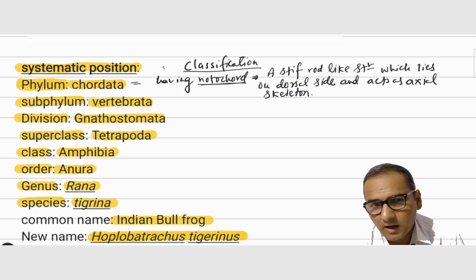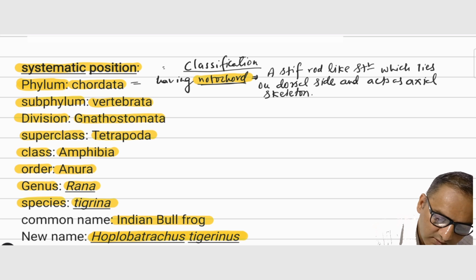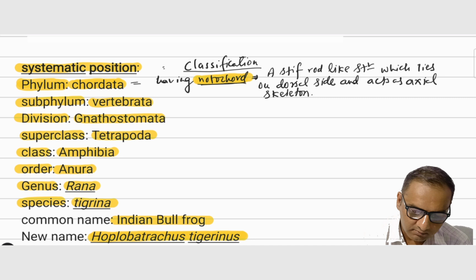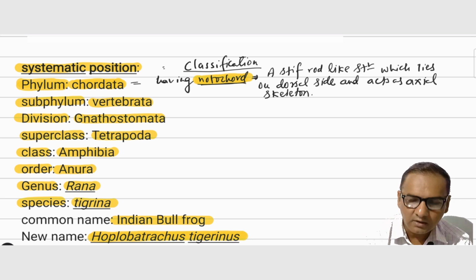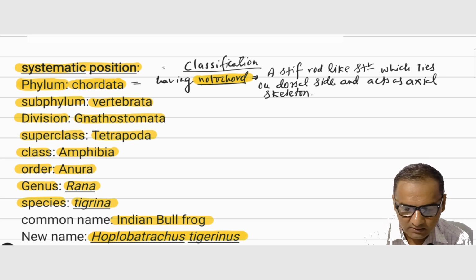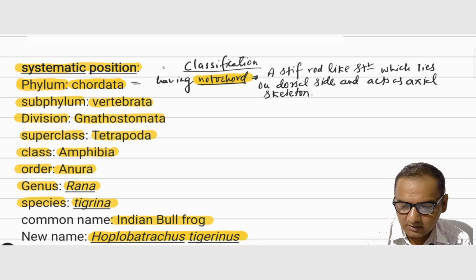So all the animals which possess notochord belong to the phylum Chordata. Notochord is the primary or key characteristic to become a chordate. Apart from notochord, other characteristics are also there. We read about all other characteristics while studying the phylum Chordata in detail during classification of kingdom Animalia. Now what is this notochord? This notochord is a stiff, meaning hard, rod-like structure, which is present on the dorsal side of the body,